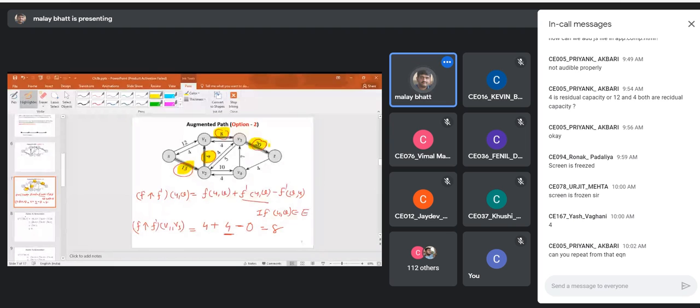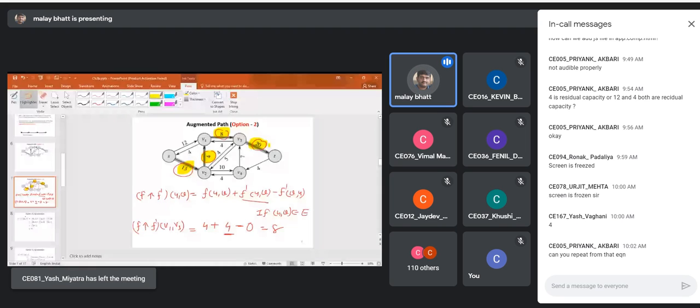It is 4. So the change in the flow value by this new augmentation path is f dash u comma v. It is just the edge. So f dash v comma u will be 0 because we are not selecting the reverse edge in this path.